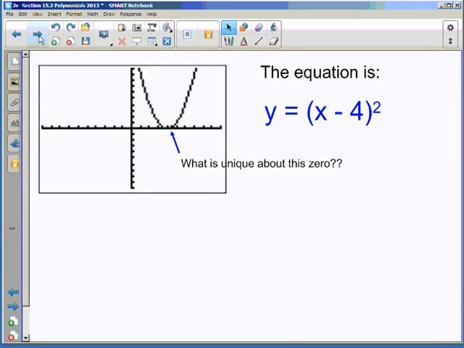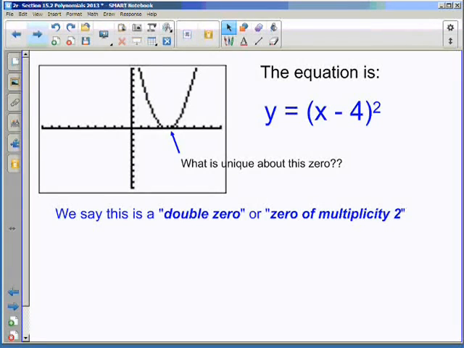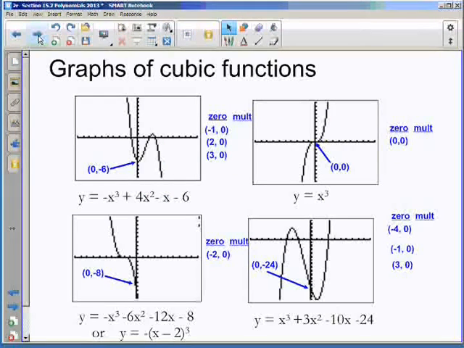Okay, this is the graph of y equals (x minus 4) squared. So it's just translated to the right 4. And what I want to ask is, what's unique about this zero? We've talked about it. It's not just a zero, it's a zero of multiplicity 2, or something we could call a double zero. Now you'd be thinking, if this polynomial had a higher degree, we obviously could have higher degree zeros as well. And now we look at graphs of cubic functions. Similar view we want to take. What are the critical features happening here? The y-intercept's easy to find, so I pointed those out. It's not a really critical thing. It's just useful for sketching the graph with limited information. But the zeros we definitely care about,